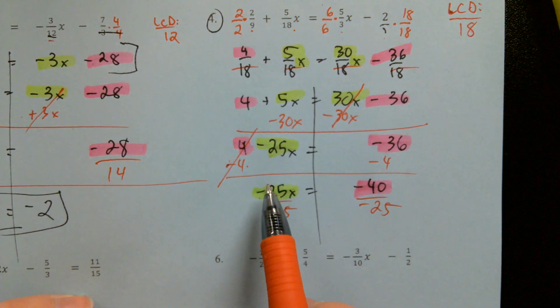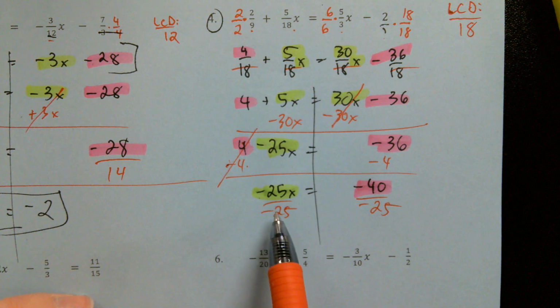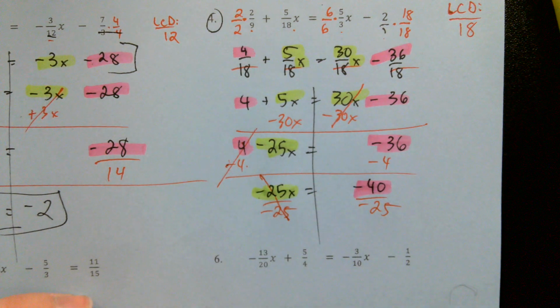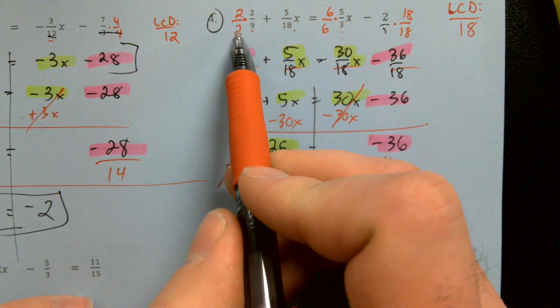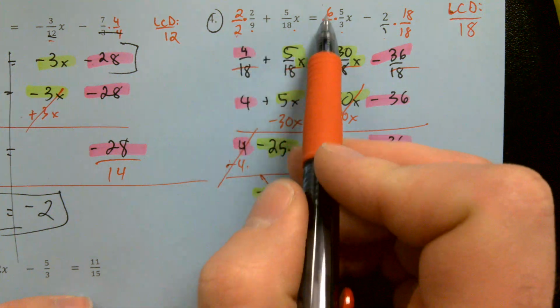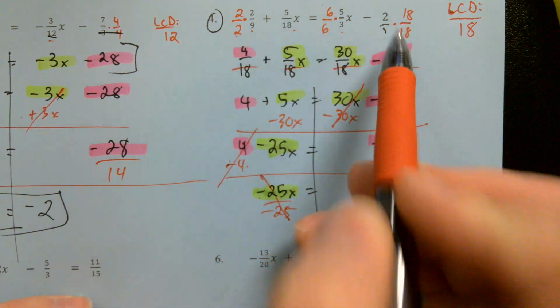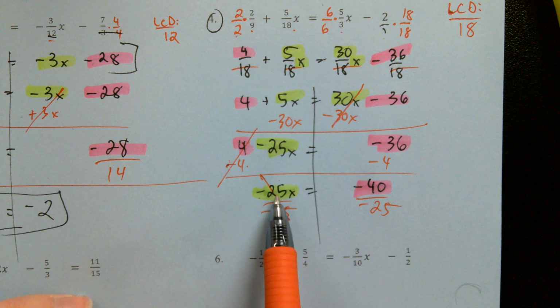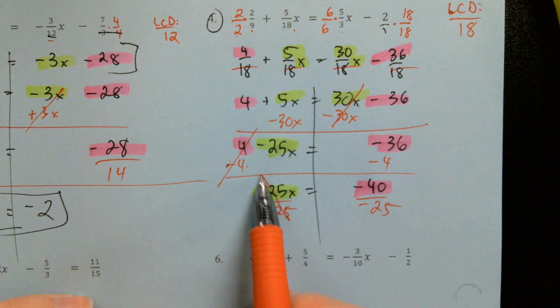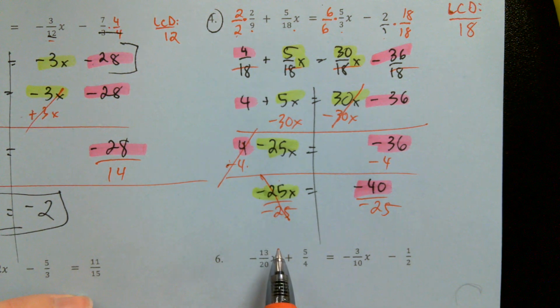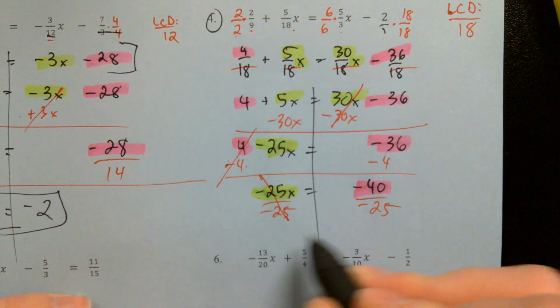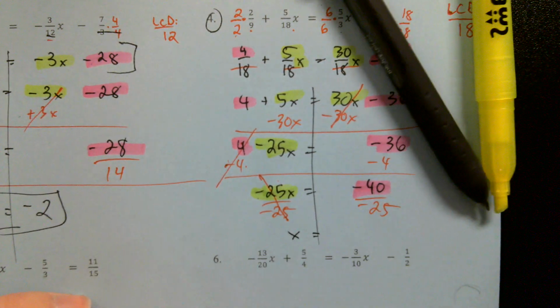Because negative 25 divided by negative 25 is just 1. Like we saw up here, 2 over 2 is just 1. 6 over 6 is just 1. 18 over 18 is 1. Anything over itself is just 1. All right, we're left with x equals,